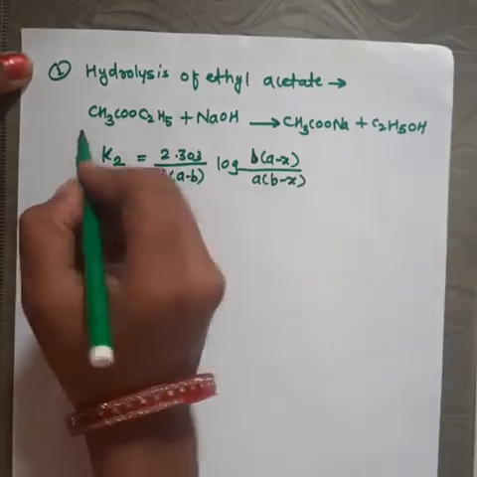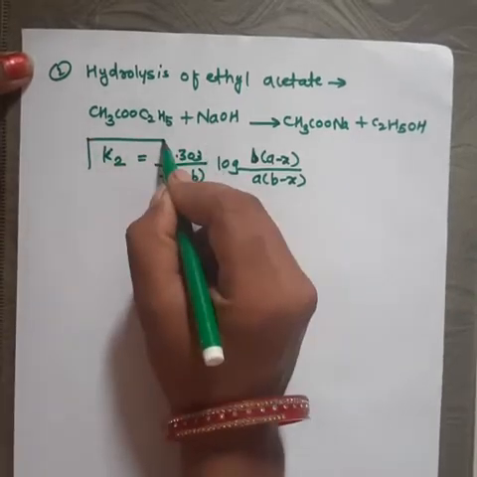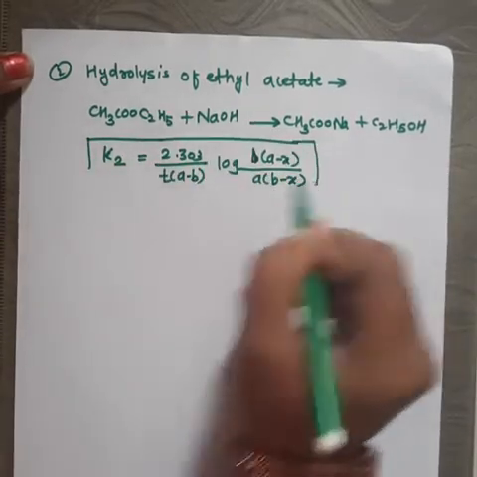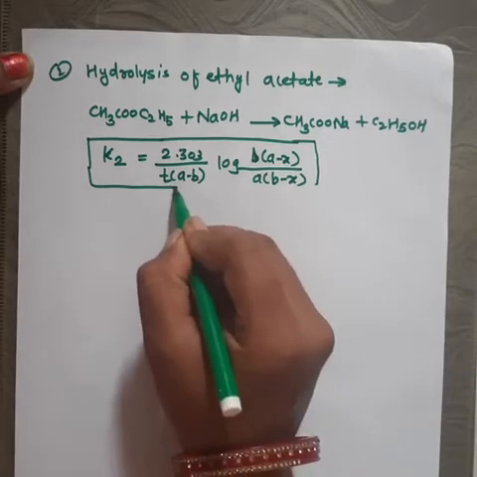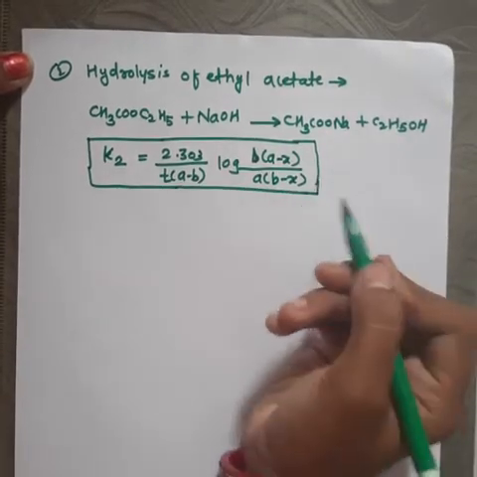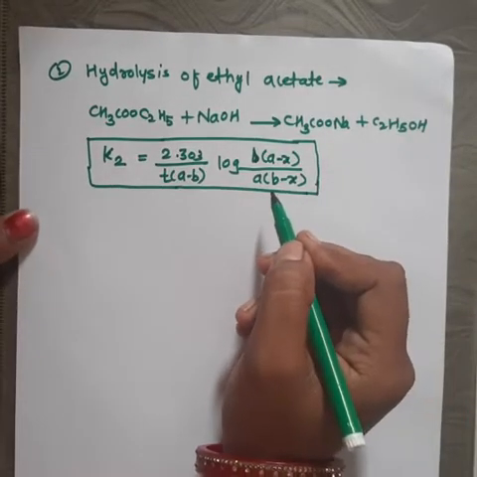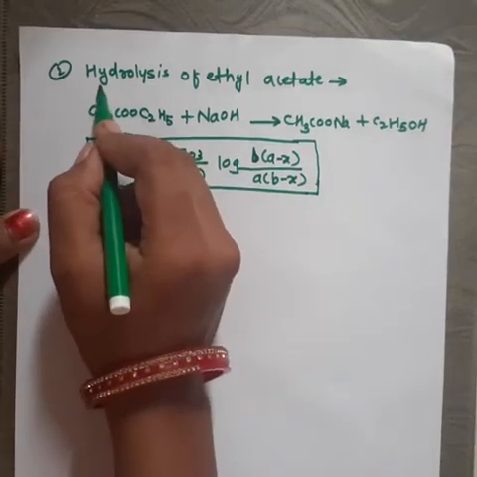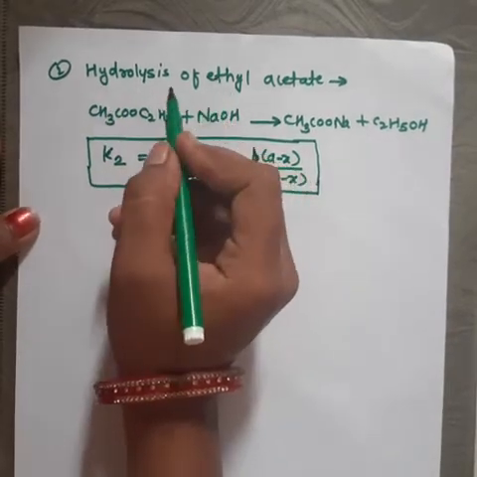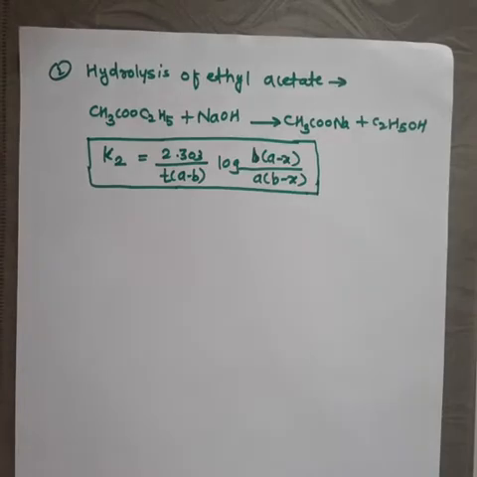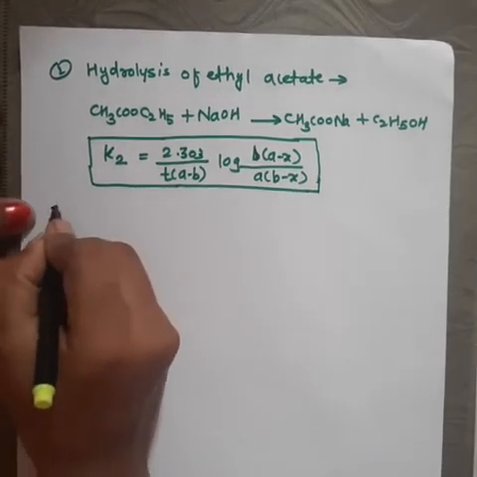That equation we have already studied in the last lecture. So these were the two examples for the second order reaction. First was the thermal decomposition of acetaldehyde and the second one was the hydrolysis of ethyl acetate. Now we will study the different methods to determine